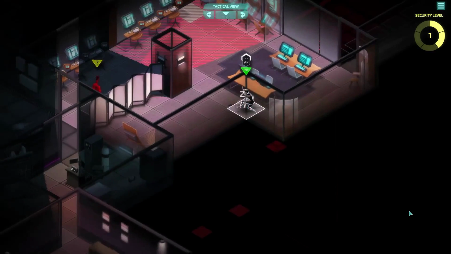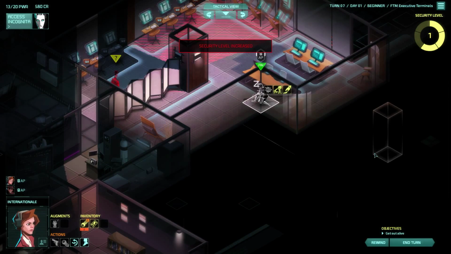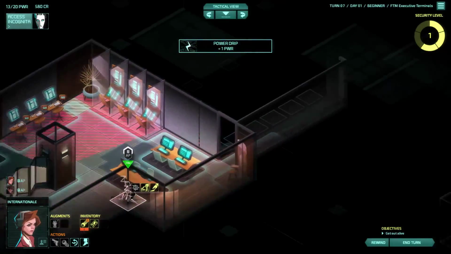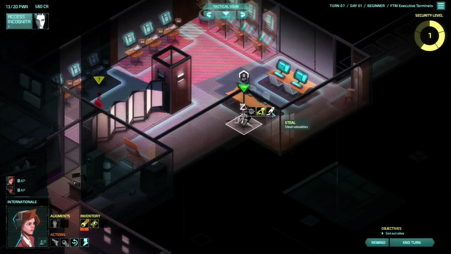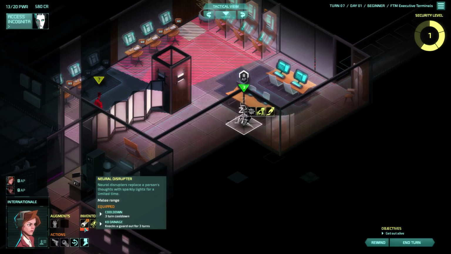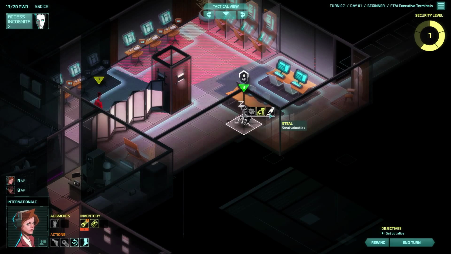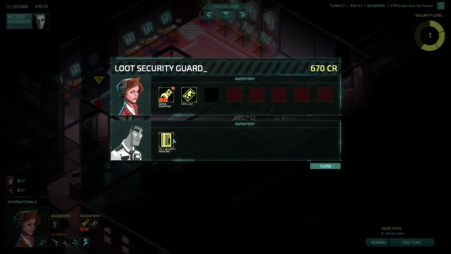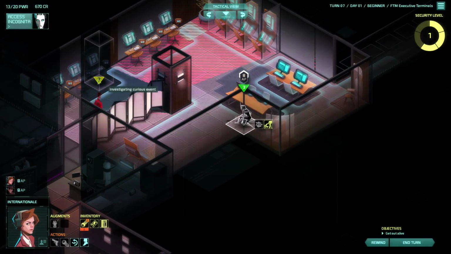Zap. Now here's the problem. Crap. Well, we got what we came for. But I need to find another way out, and her item's on cooldown. I can't use that again. Alright, so we're going to steal valuables here. Now, if the other guard sees him...